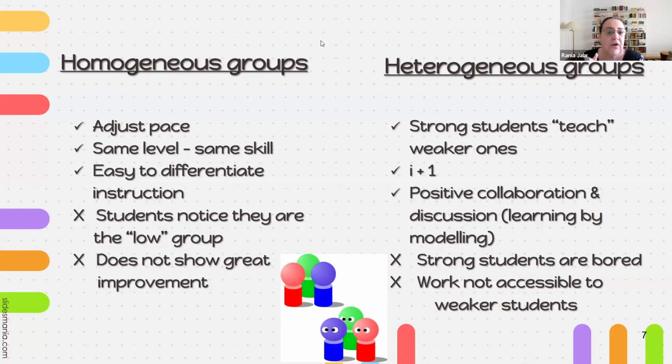There is I+1 learning going on. Krashen's famous I+1 is a little bit above the level, because the group is pulled up by the work of the strong students. They collaborate, they communicate, they discuss, and as I said, the strong ones model the answers to the weak ones, and the weak ones remember that, they don't forget it.